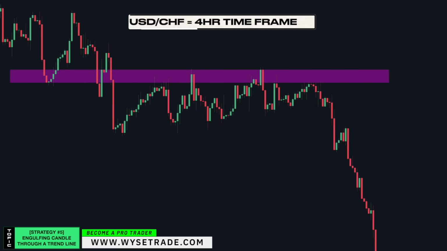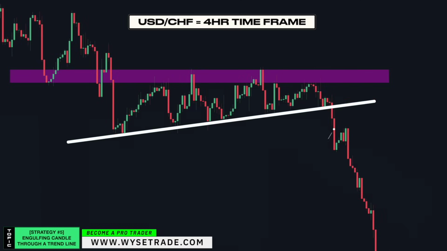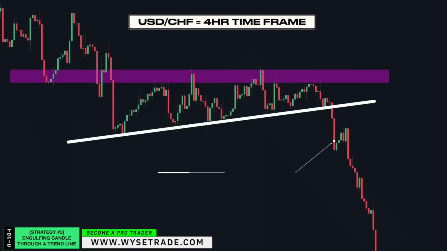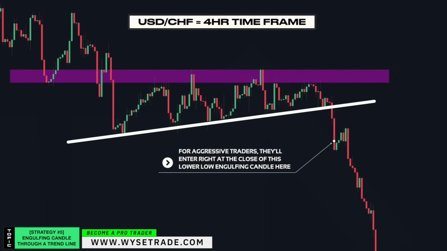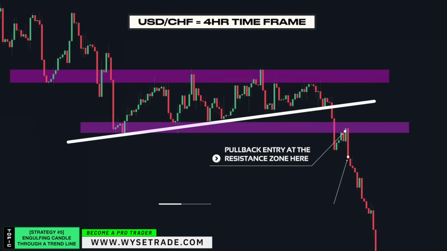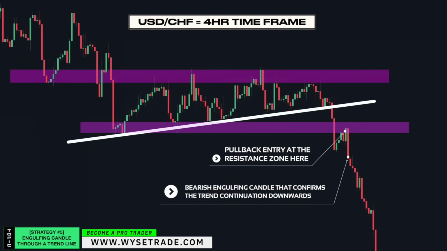This is the dollar Swiss currency pair on the 4-hour time frame. Your trend line was here, and price broke it with 2 bearish engulfing momentum candles that also formed a lower low. For aggressive traders, they'll enter right at the close of this lower low engulfing candle here, which is fine. But for more secure traders, you would wait and see if you get a pullback entry, which you had through the pullback to the support turned to new resistance zone here, followed by another bearish engulfing candlestick pattern that confirms